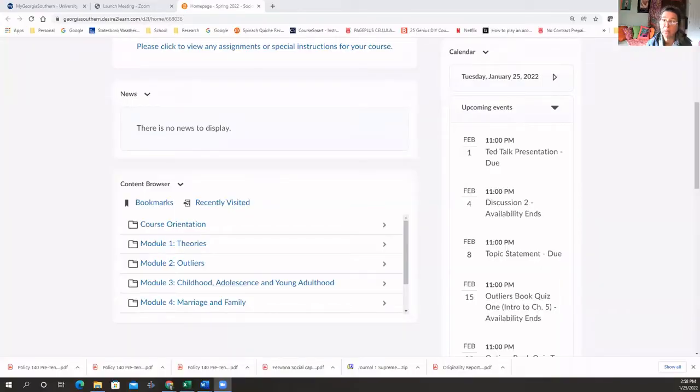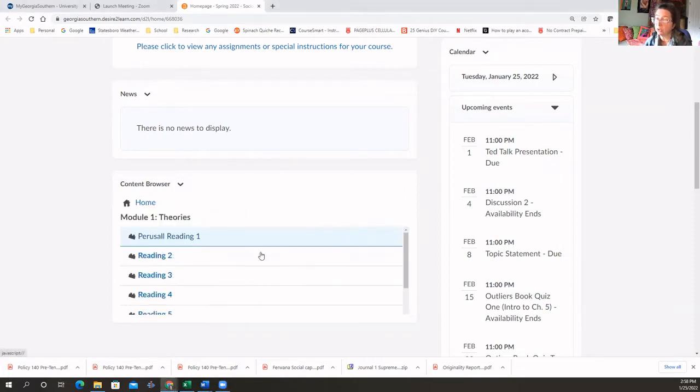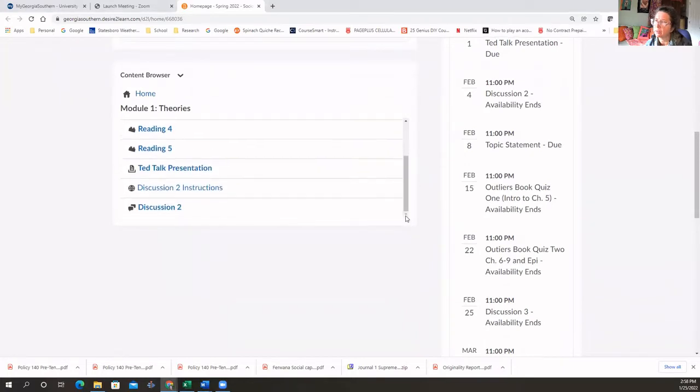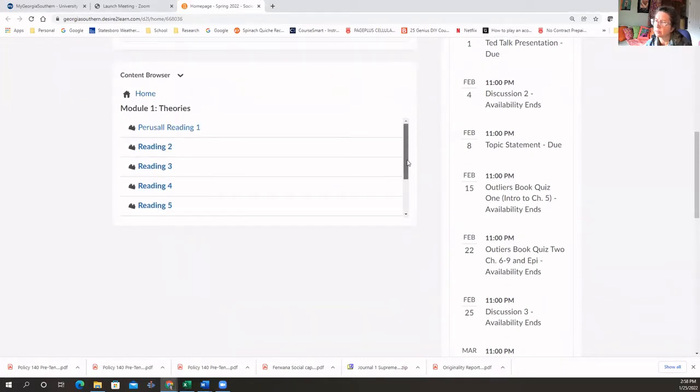I'm going to go ahead and screen share and show you some stuff that might be helpful. Oh, wait a minute, before I do that, share sound. Okay, so let's start with this. First of all, once you get 100% in the course orientation, you will have access to all the learning modules. So let's go into module 1, and I have set this up so that you can, here in module 1.